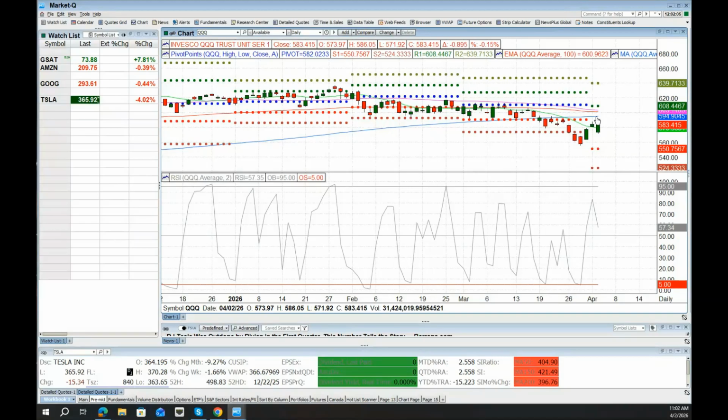So TA for me is trend. It's support resistance levels that I try to engage in direction of the trend. And then I'm also looking at momentum. And with momentum, I'm looking at RSI. So in this situation, while I'm watching this price pattern over here, I'm also paying attention to what the RSI is doing. Because one of the principles of the market is that momentum precedes price. And at times you'll see price patterns in momentum that you're not going to see in the raw price data alone.